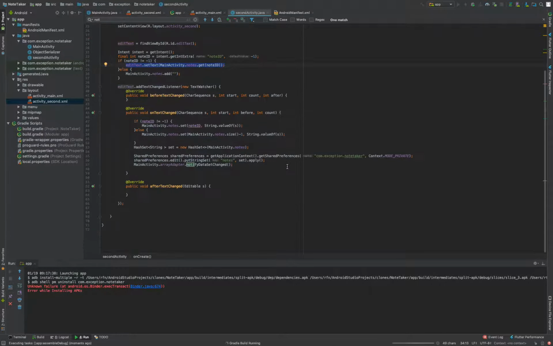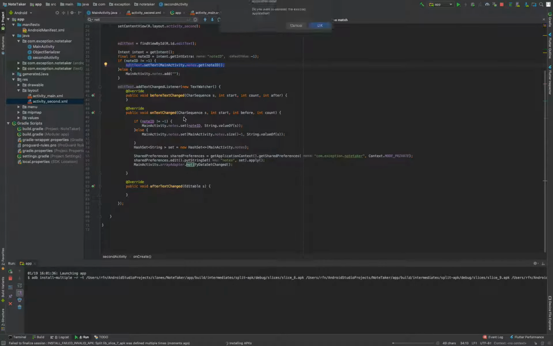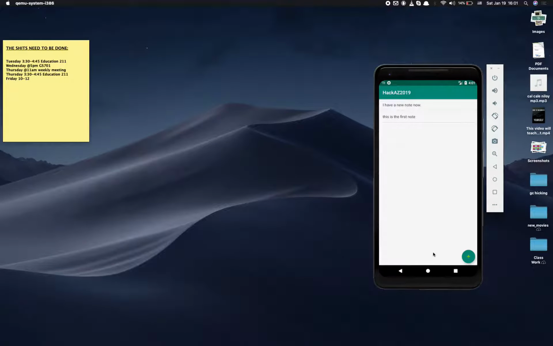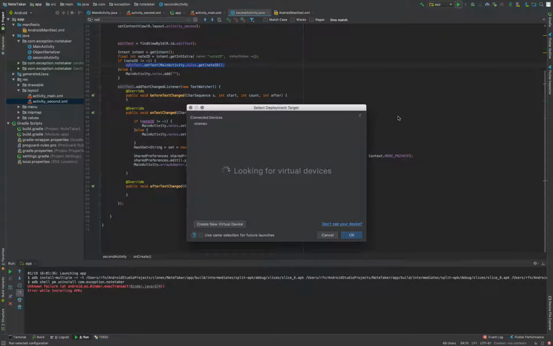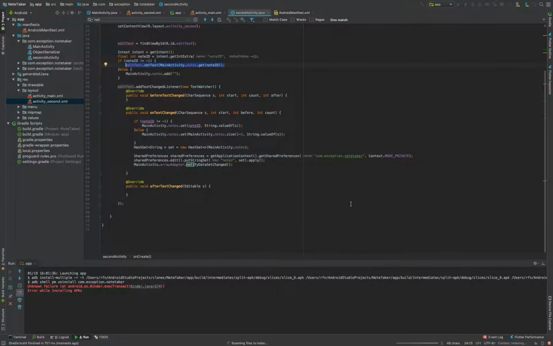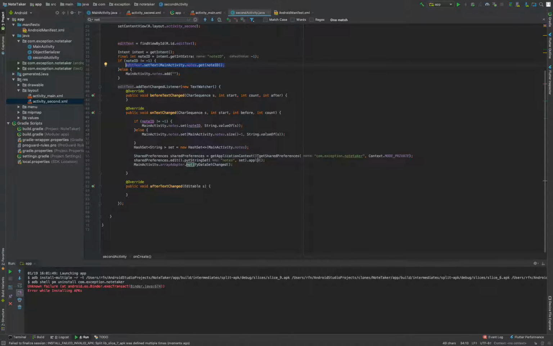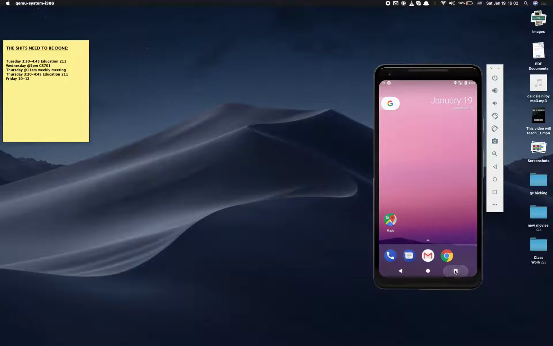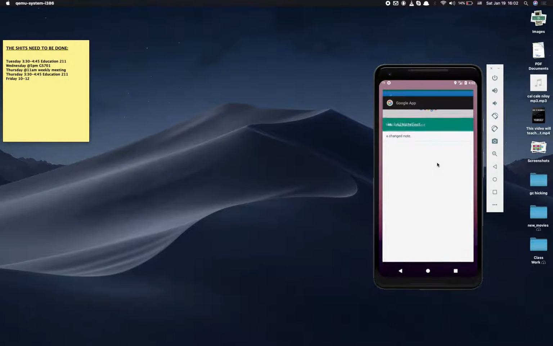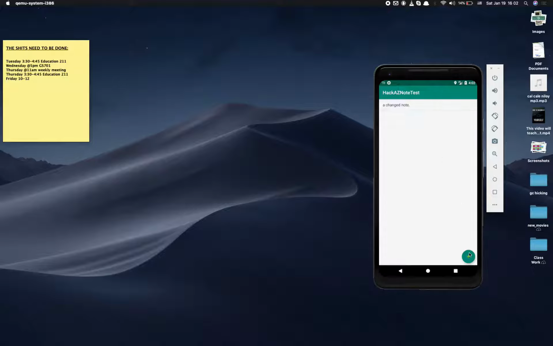And also I have added a few security checks. If the box is empty, I'm not gonna save it, I'm gonna delete it. Or if the person clicks on the fab button, then I'm gonna create a new node. Or if the person clicks on the existing node, I'm gonna edit the previous node. So that was my node app. So if you click on there,